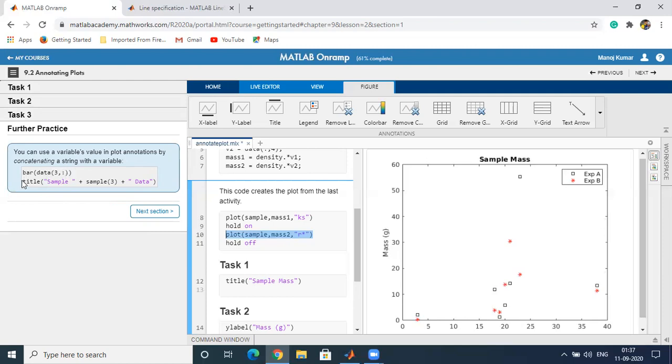And if we apply this title, sample plus sample3, it will take the third element of the sample and print it here, plus data. You can notice when we plot it, you can see the difference.